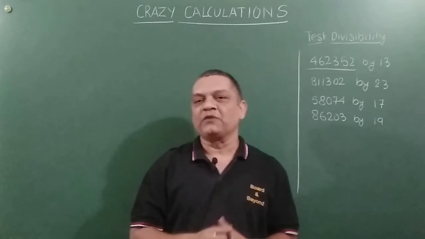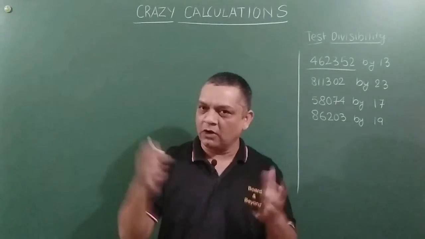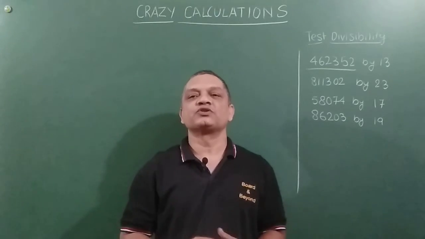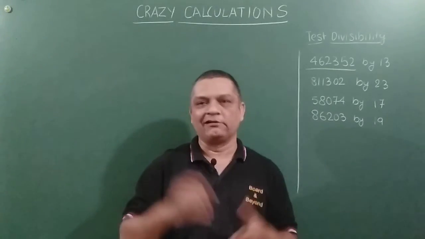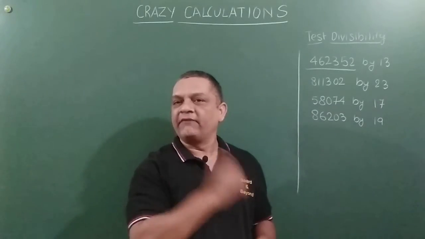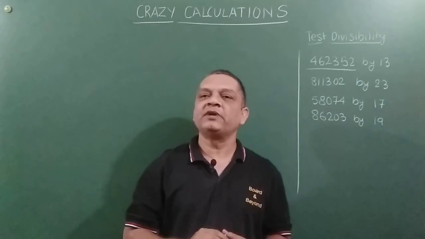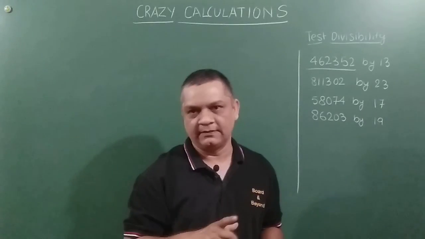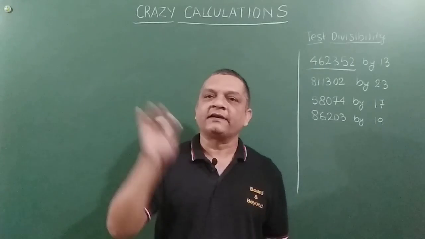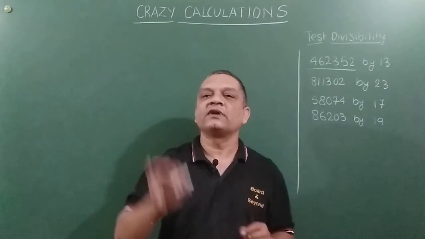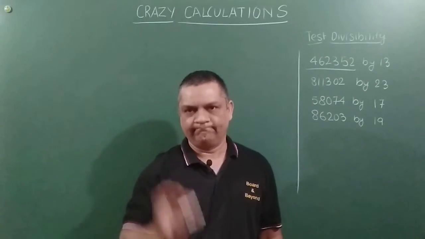So friends, here we learn certain tricks of Vedic mathematics or some other short tricks which help us reduce our time in doing heavy computation or calculations, right? In the last class we saw how to test the divisibility of a number by 7. So friends, let's take it a step further and try to understand how we check for divisibility of a given number by any prime number, right?